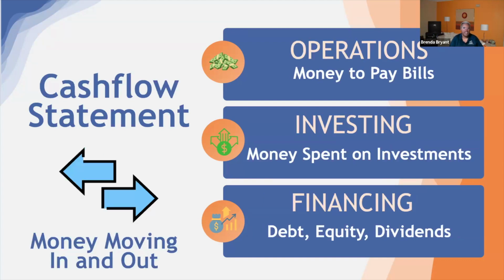I could have brought in a certain amount of money and spent less than I brought in. That's a profit. And then when I look at cash flow statement, I'm looking at several areas of the business. I'm looking at how well do I pay my bills? Am I paying them on time? Do I have the money to cover the bills that I have? That's my operations piece. I'm also looking at how well am I investing in the business? Am I going out and buying pertinent equipment that I need to use so that I can keep the business running?